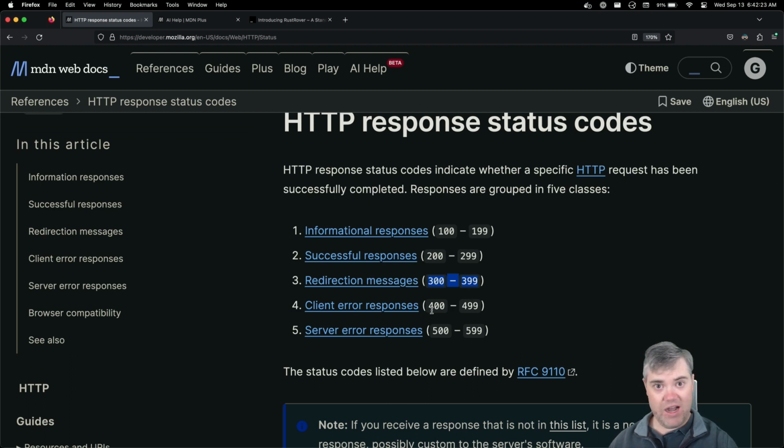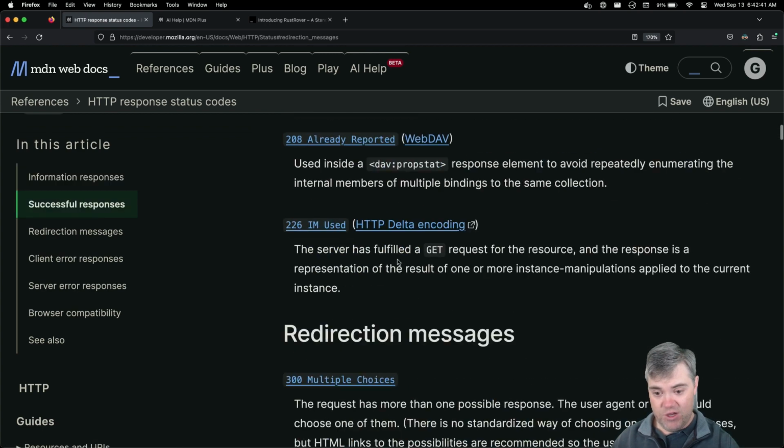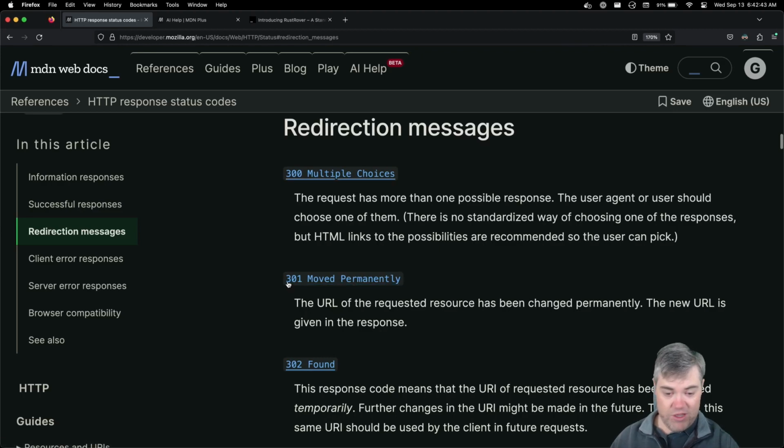These are more on the networking side, where it's something like, ooh, we decided to change getting all of the games from our game API from slash games to slash API games. Well, we might leave a route at slash games and say, ooh, there's a redirect that will return if we go in here, a 301 permanently moved, and then tell it where it is. It's like the new URL is given in response. So we have to tell them where to go.